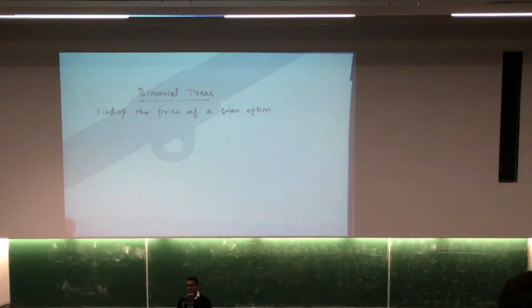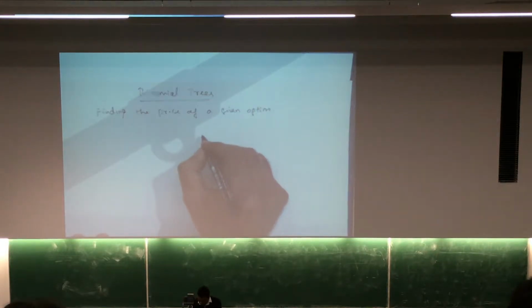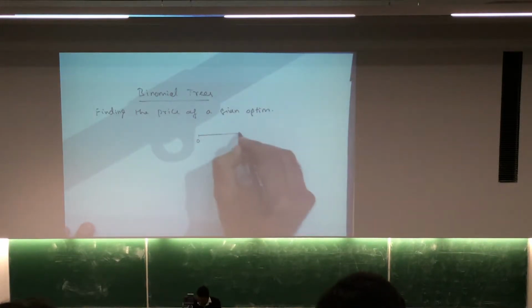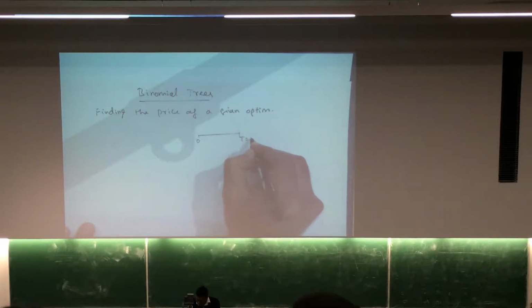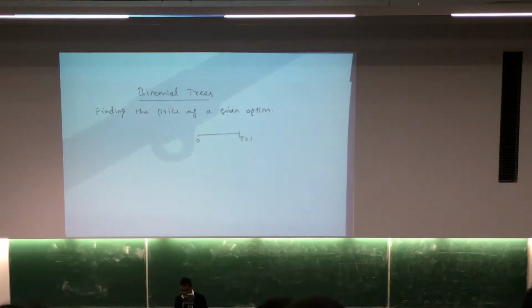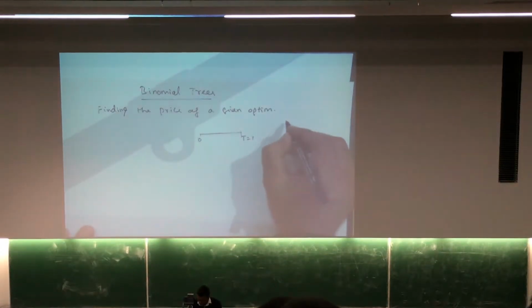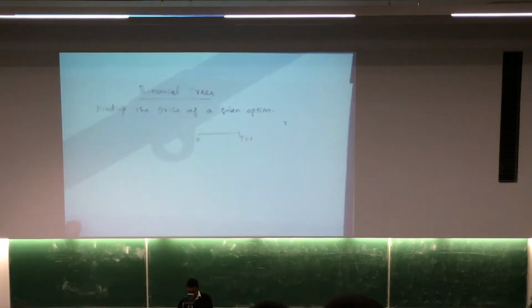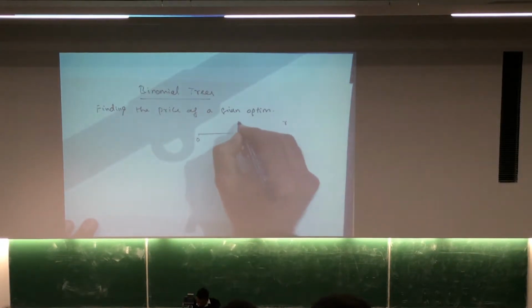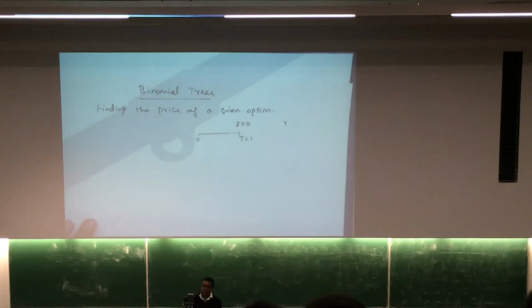So let us consider a simple example. Why is pricing so difficult? Let us say we start with time 0, and capital T is 1, so that might be 1 year. And you have some interest rate, we don't know the actual one. Let us say that after 1 year, from your investment you are going to get 110. What price are you going to pay? That is the question.